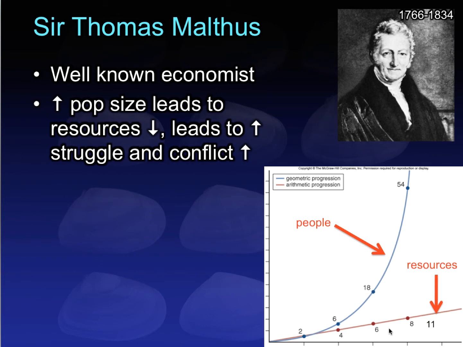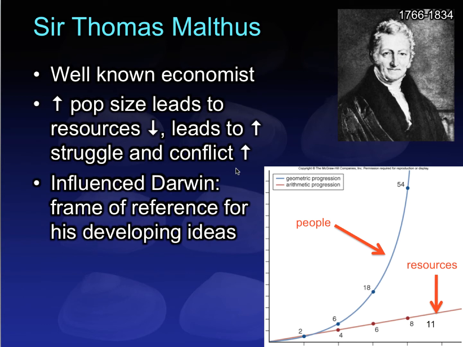And as time marches on, as this disparity between the number of people and the resources available to the people increases, you're going to end up with struggle and conflict, and it's going to lead to anarchy and overthrow of governments and all kinds of other bad things, which Malthus then continued on in that lecture to discuss. But Darwin stops at this point and goes, oh my goodness, this is exactly what I need. This provides my frame of reference for understanding the conditions under which populations might change over time,